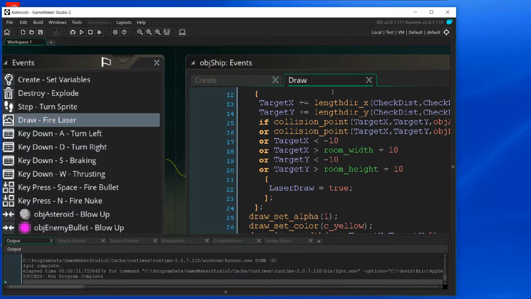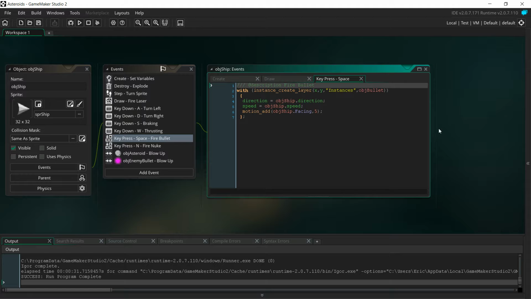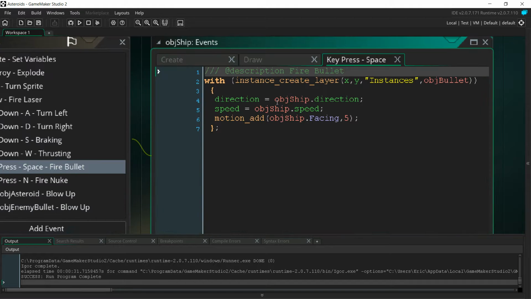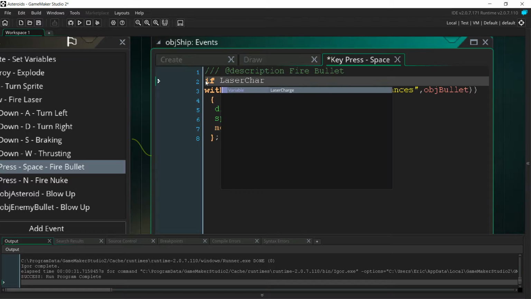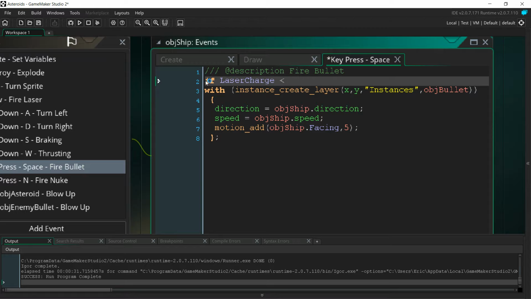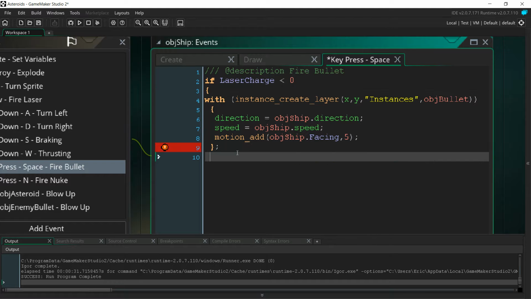First of all, we're gonna get it so that the bullets stop firing when the laser is turned on. So if we go to where we fire the bullet, right here, key press space, click on that, and we're just going to add some code here to make this happen. Basically, if we have a laser charge, we don't want the bullet to fire. So we only want the bullet to fire if laser charge is less than 0. So I'm going to put a little line right there, go down a line, go if laser charge is less than 0, open bracket,